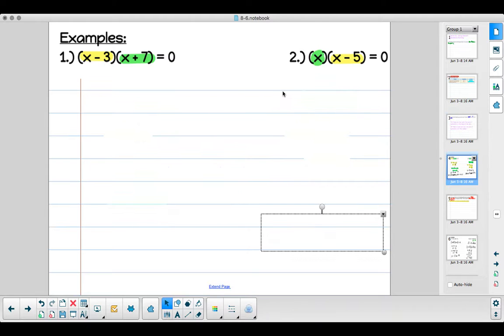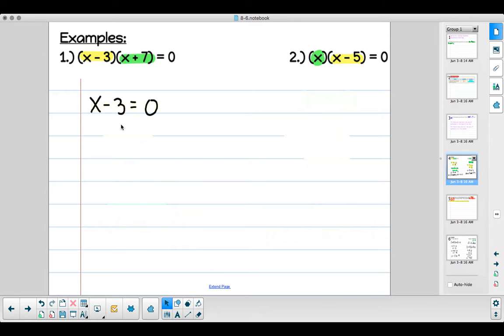So for example, we have x minus 3 times x plus 7 is equal to 0. This quadratic is already in factored form, and it's already set equal to 0. So we just have to take the yellow factor, set it equal to 0 and solve, and then do the green factor, set it equal to 0 and also solve. If we look at the yellow factor first, it's x minus 3 is equal to 0, which would mean that x is equal